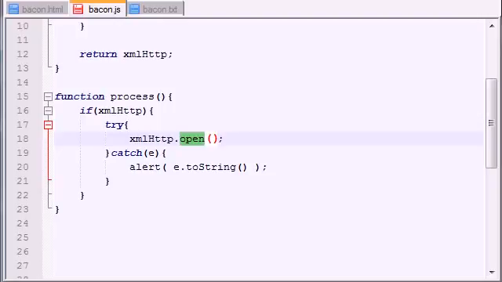So it sets up how you're going to send the data to the server, where you're going to send it, and some other settings too. But basically, remember that whenever you call this function, it doesn't connect with the server. It pretty much sets up the connection that you're going to have. So let's go ahead and talk about that right now. The first parameter is basically, well, let me just go ahead and type all this. Get